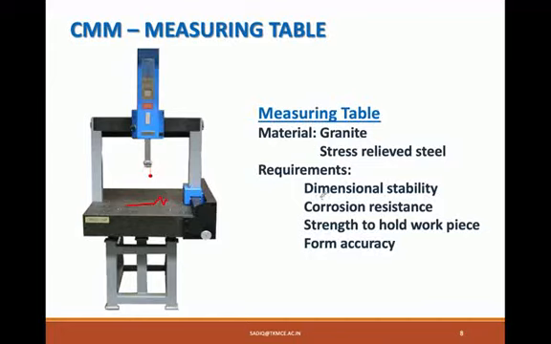table, that is, it should have dimensional stability. That is, there should not be any error. There should not be any corrosion happening on this. It should have strength to hold the workpieces. It should have form accuracy. That means we are keeping the workpieces on this table, and the table must be horizontal and flat and should have a defined surface finish. Then only we can use this surface as a reference surface, and we can keep a workpiece on that to